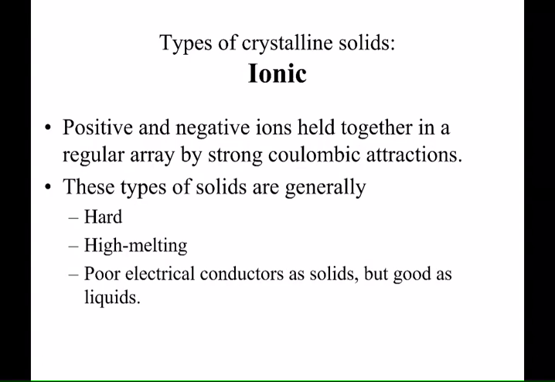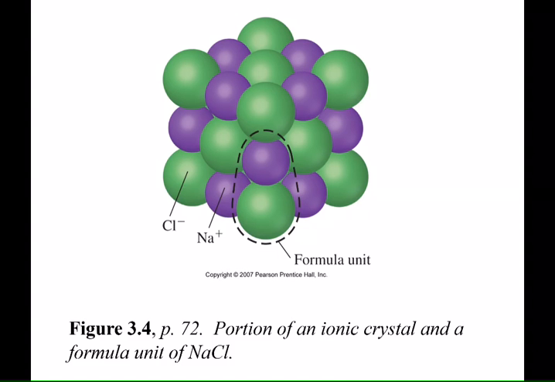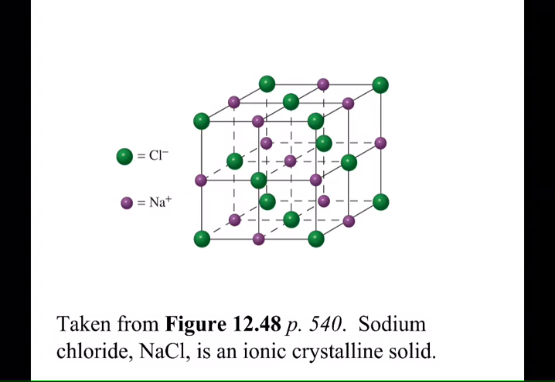Cool. Well, the one we haven't talked about is actually my favorite. Okay, so that's sodium chloride. The swollen ones are the chloride ions that have picked up an electron. The small ones are the sodium atoms that have lost an electron. And there it is, kind of backed off. So back in Chem 1, I called this a crystalline lattice structure. And now we're finding that it's not the only crystalline structure out there.